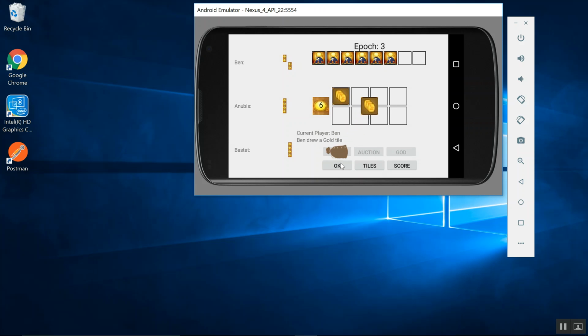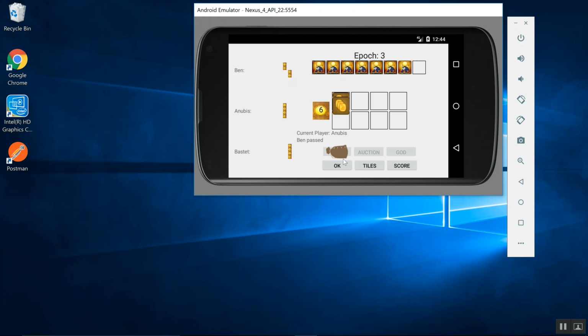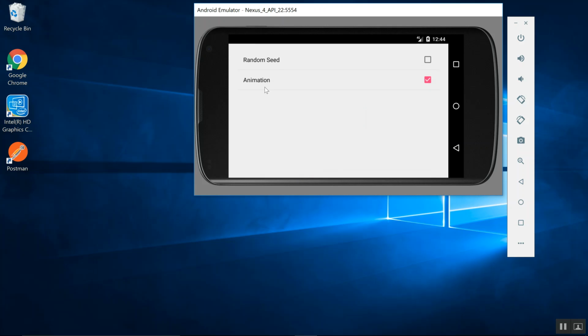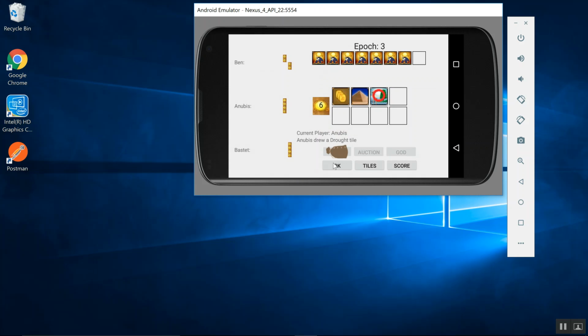And I'll quickly go through this and try and end the game as fast as I can. I'm going to turn off the animation to speed it up. And we do that by going to Settings, turning off animation, resume the game. And now the game is over,